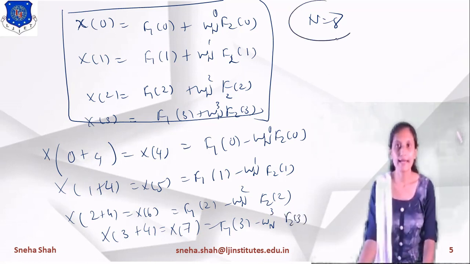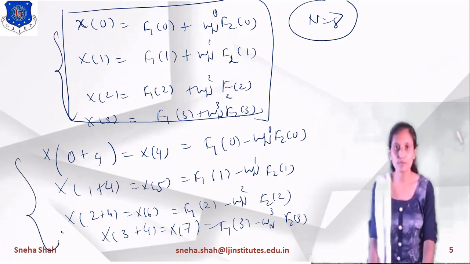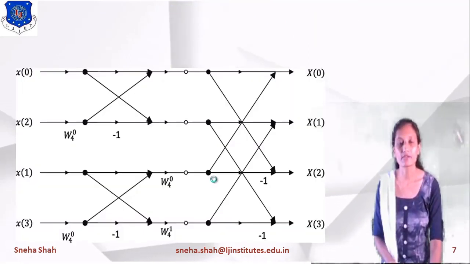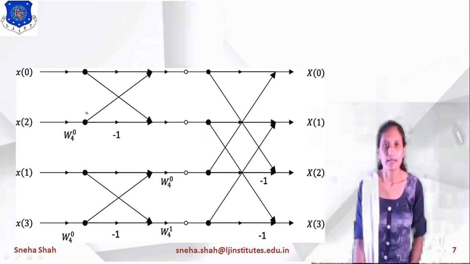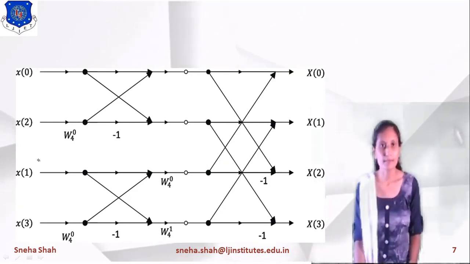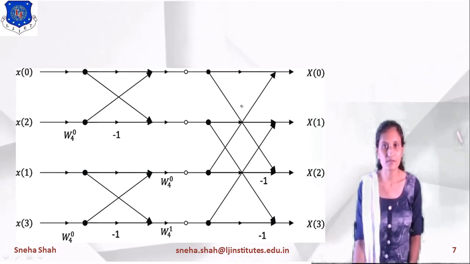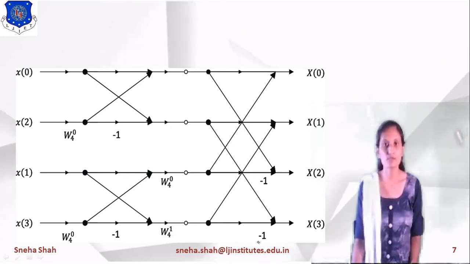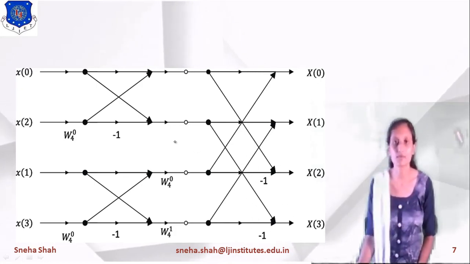So you can see that for n equals to 8 point, these 4 points will be in the form of plus, and the last 4 points will be in the form of minus. So from this, if we are drawing the radix-2 DIT FFT algorithm, it will look like this. If we are drawing for the 4 samples, then it will give you 2 samples and 2 samples. For the first 2 samples, it will be in the form of plus 1, and for the next 2 samples, its value will be minus 1.